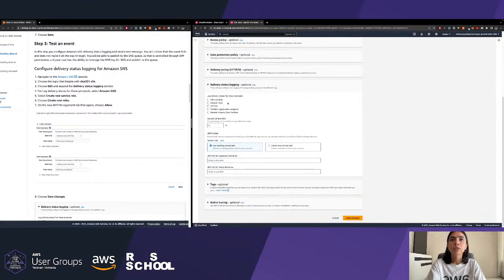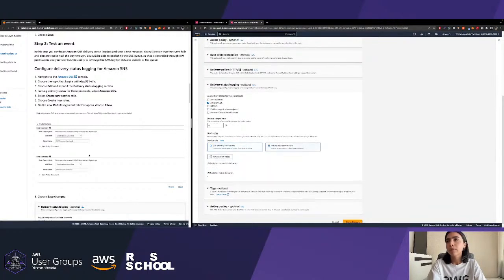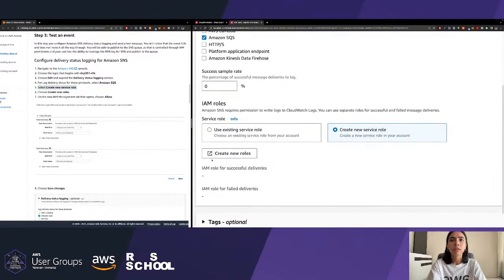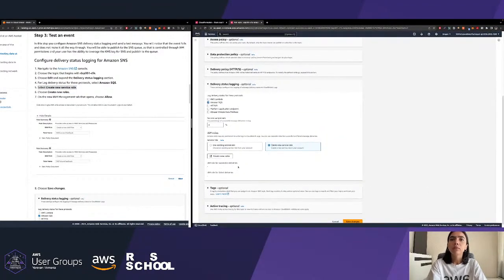And for that we are going to use the SQS, and just hit the create new service role, as mentioned in our documentation. And you can see here appears some button, create new roles. We are creating these IAM roles for being able to log deliveries, both successful and failed ones, in the logs.